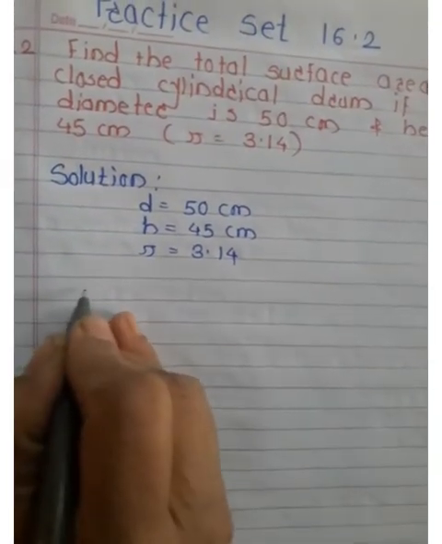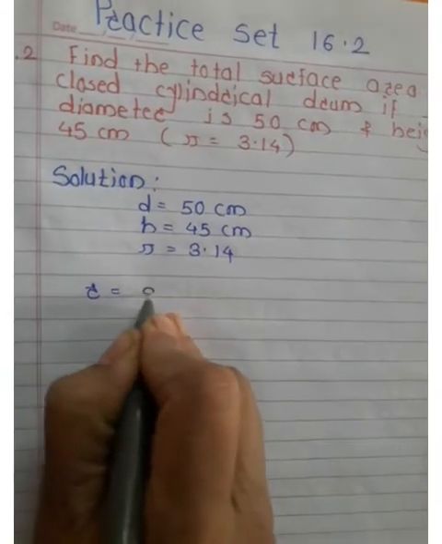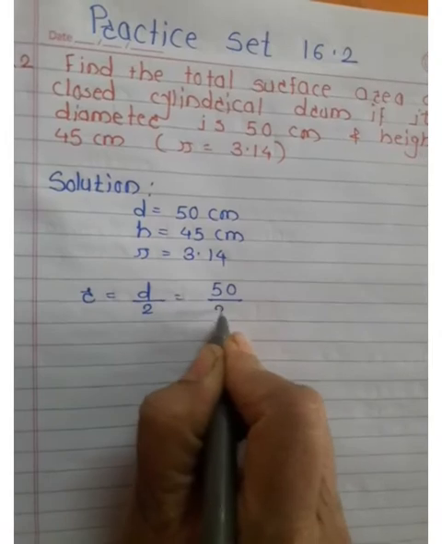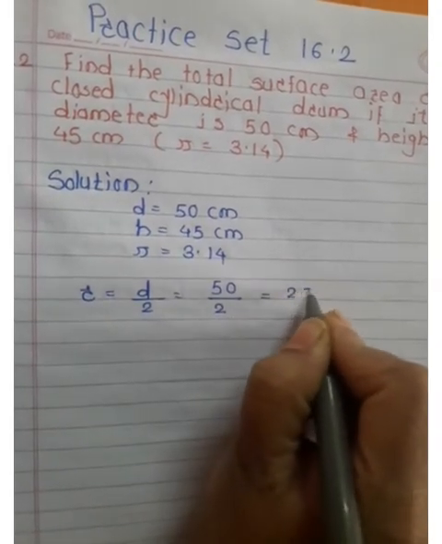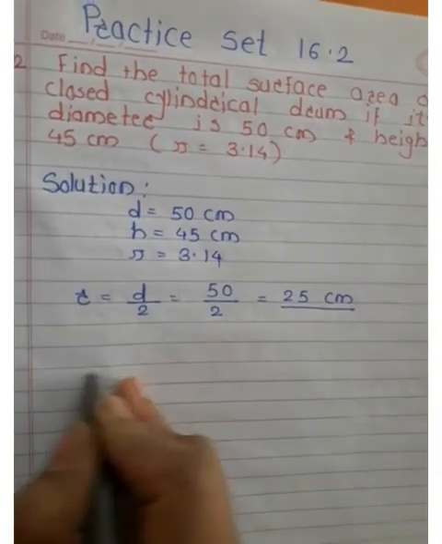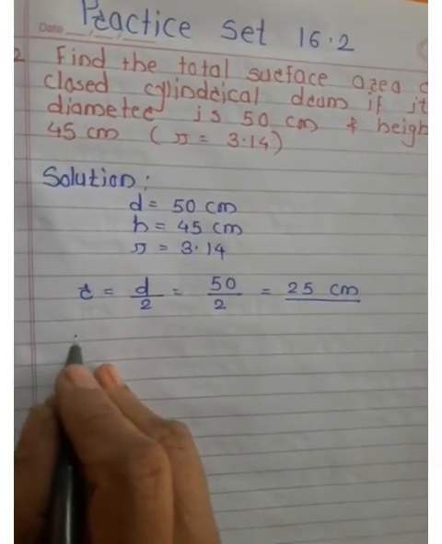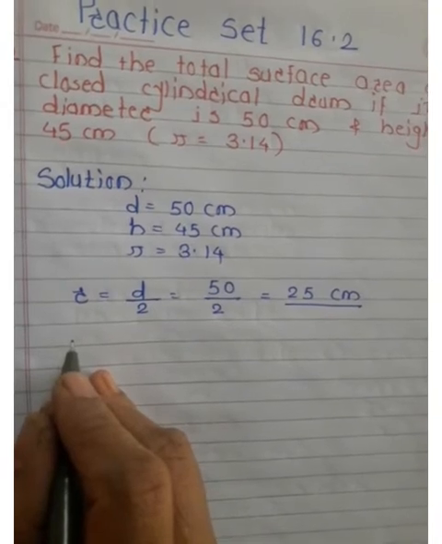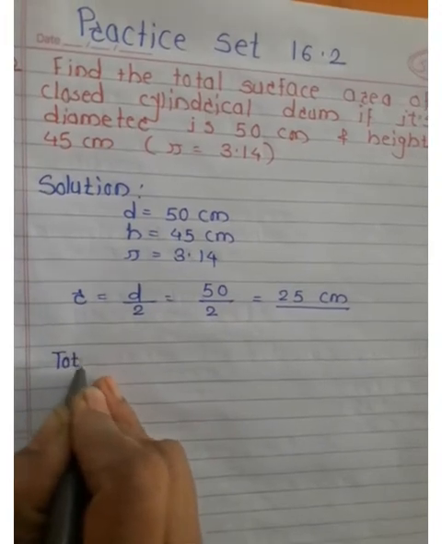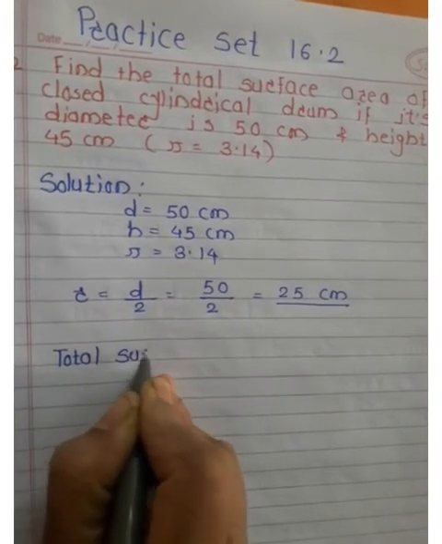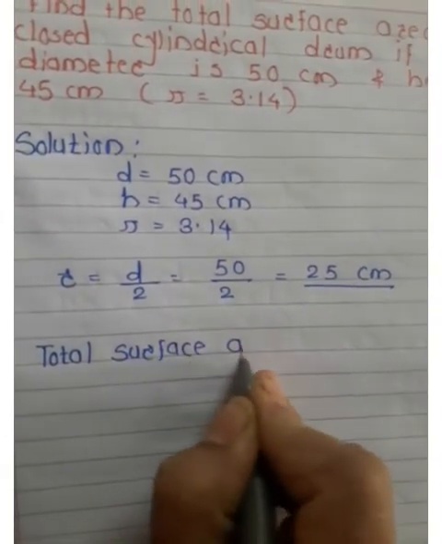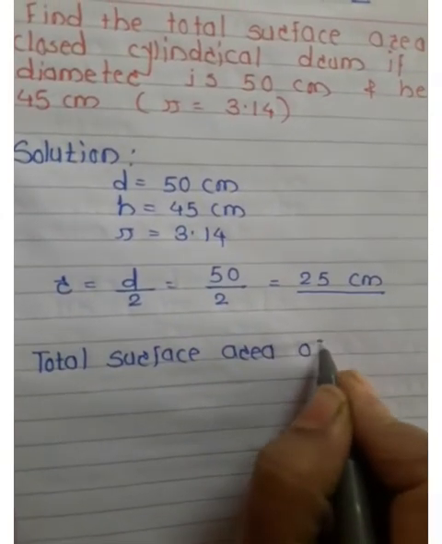Now as you know, radius is equal to half of diameter. Diameter is given 50 centimeter, half of 50 is equal to 25 centimeter. We have taken out the radius, that is 25 centimeter. Now we have to find out the total surface area of the cylinder, and you know the formula of total surface area of cylinder